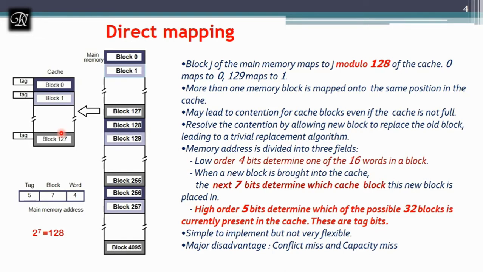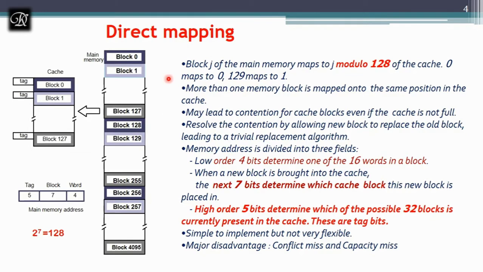If it is not available in the cache, then it is a miss. It means we have to fetch the data from main memory to cache with the help of the mapping function. And which block is to be replaced, in direct mapping, is decided by the modulus function. And the advantage of this direct mapping is that fewer comparators will be used.